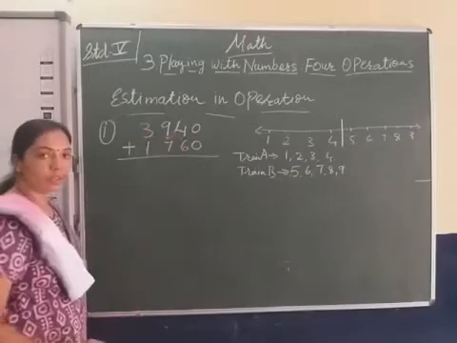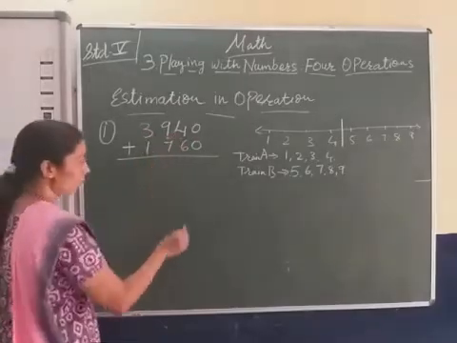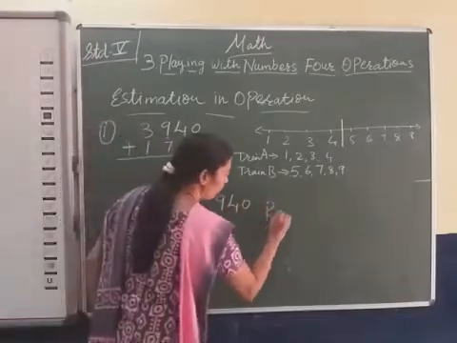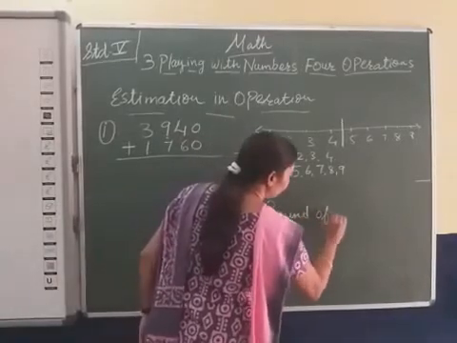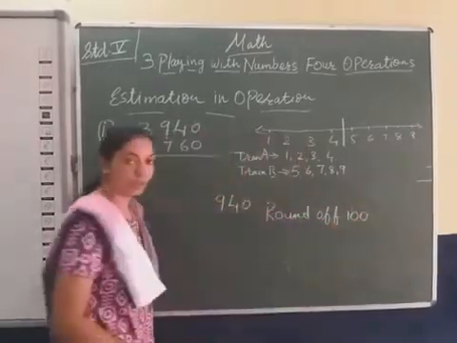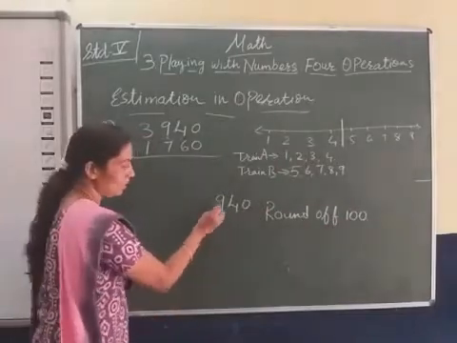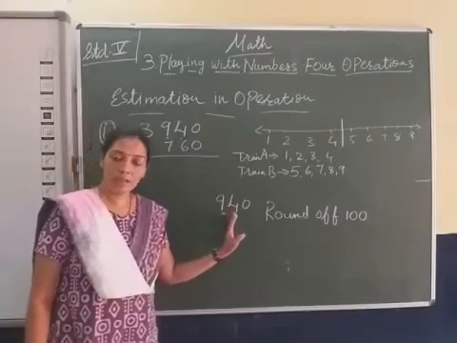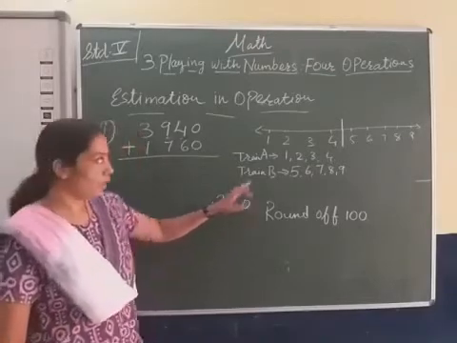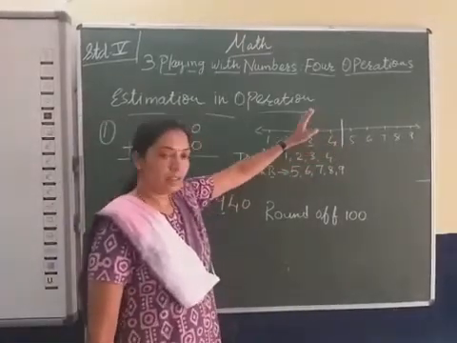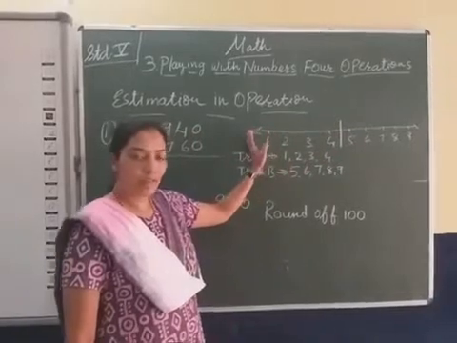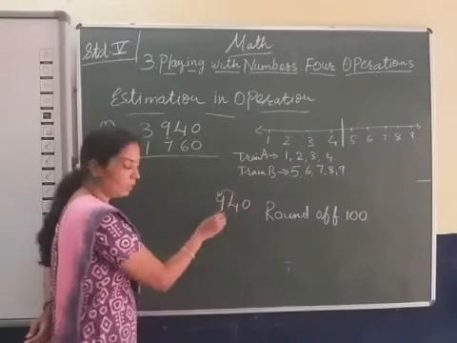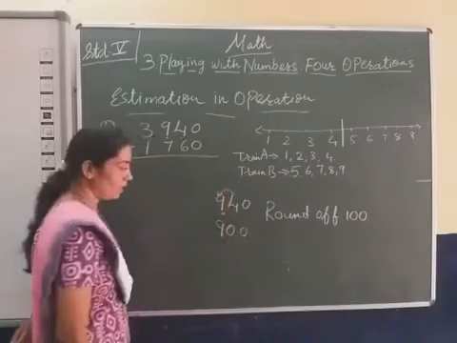Did we understand? We rounded here only to 100. For example, 940, rounded off by 100. Yes, round off by 100. So 9 is in the hundreds place, but when we round off the number, we have to look at the next place value. That is the 4. 4 is on the number line of this train, so he travels the same train, the same way he will reach the 9. So the rounded number is 900.